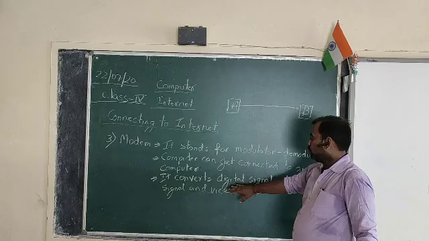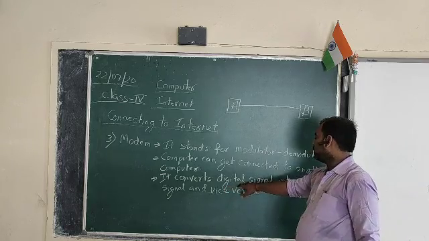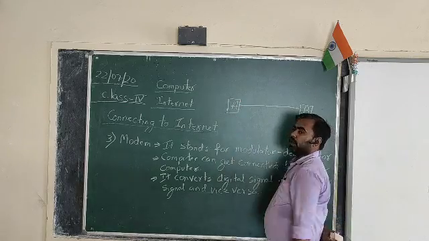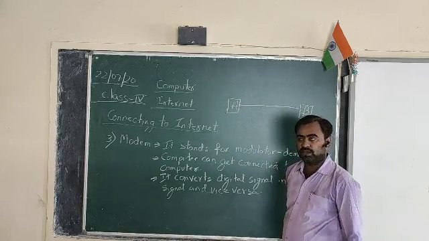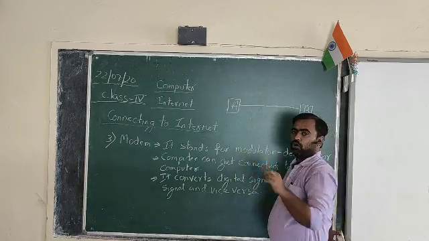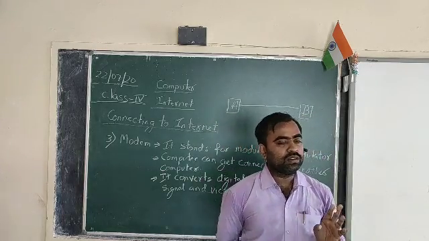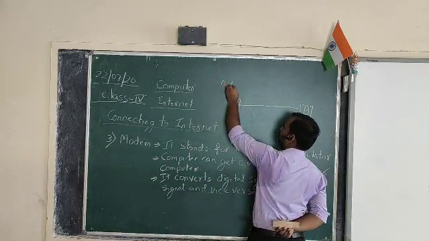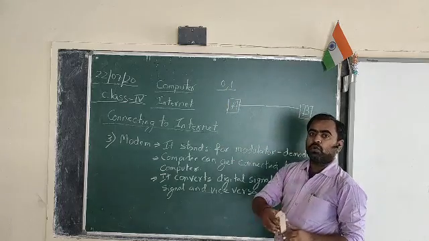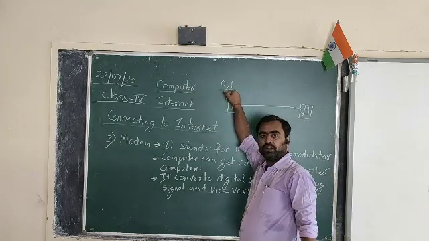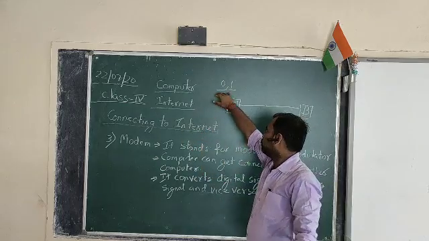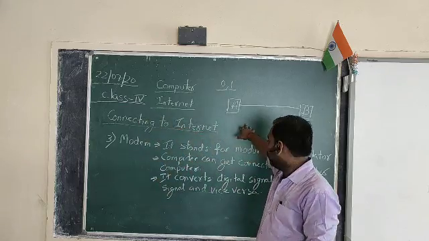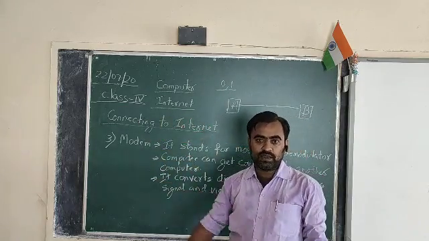Now to understand how the digital signal and the analog signal work: when computer A starts sending any file or message to computer B, all of you know that computers only understand the language of 0 and 1, the binary language. This 0 and 1 cannot be transmitted through the wired network or wireless network.